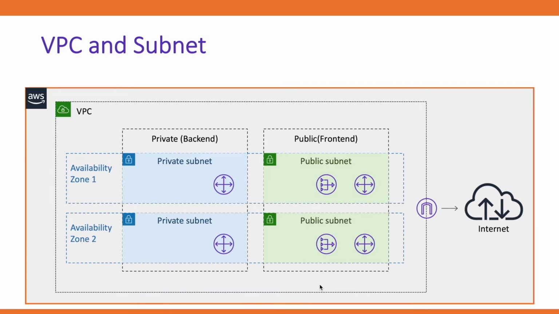Lastly, we need to configure a route table. A route table contains a set of rules that helps in directing the traffic within the VPC to the gateway or network interface. And then the traffic from the private subnet is routed to the NAT gateway in the public subnet and then out of the AWS network via the internet gateway.